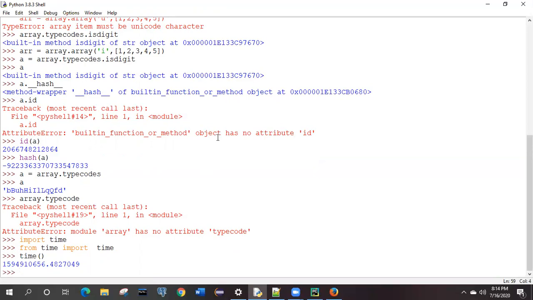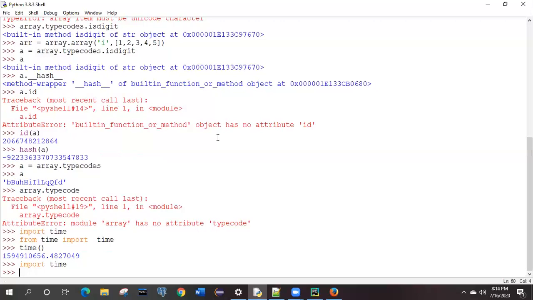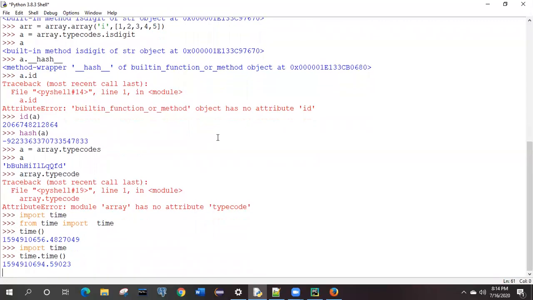It is not incorrect, but it is in a specific format which we are not aware of. So how can we take it? We have another example: import time, and from this time object, what are we doing?